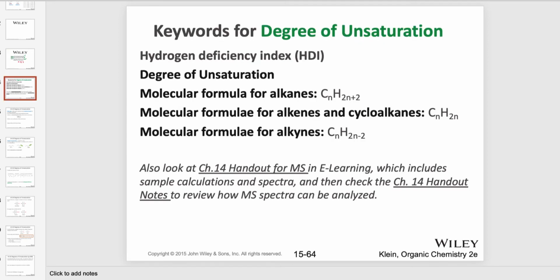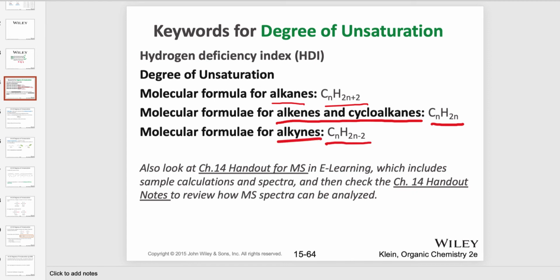So in the next slide, a couple of keywords again. So degree of unsaturation, HDI is the abbreviation for hydrogen deficiency index. So many different terminology depending on which textbook you're using. And I want you to make sure you understand the general formula. For alkanes, it is CnH2n plus 2. Now, here, alkenes and cycloalkanes, they're going to have at least 1 degree of unsaturation, and therefore the formula is now CnH2n. And molecular formula for alkynes, here we have